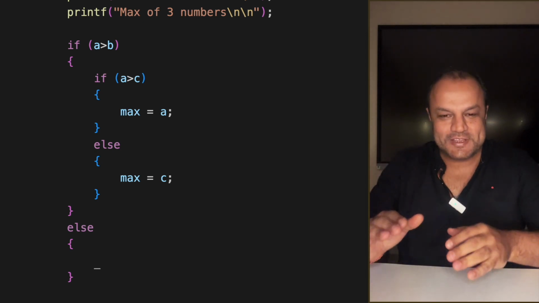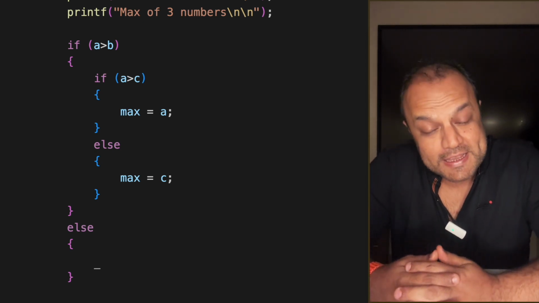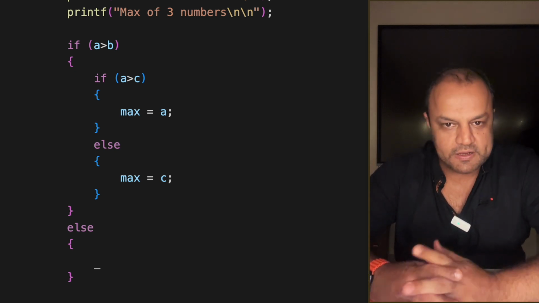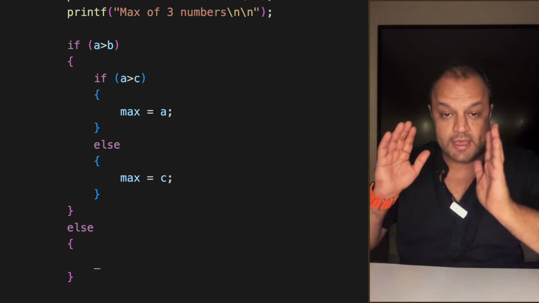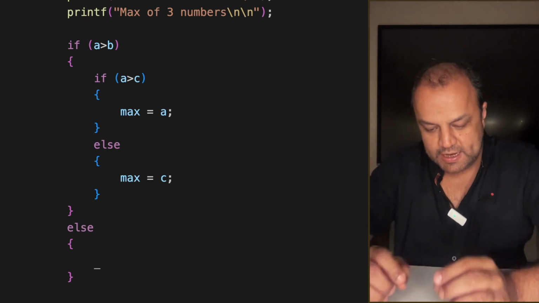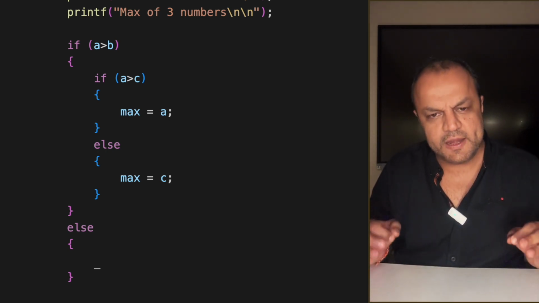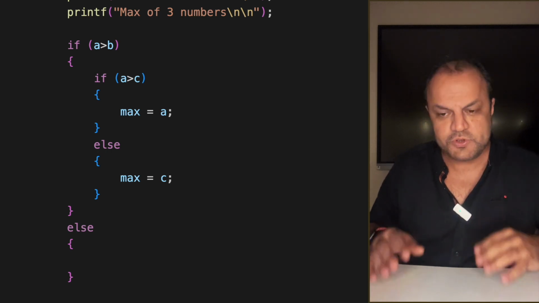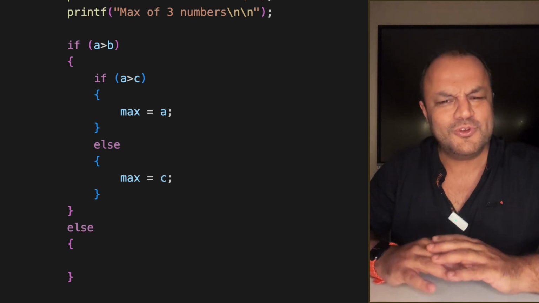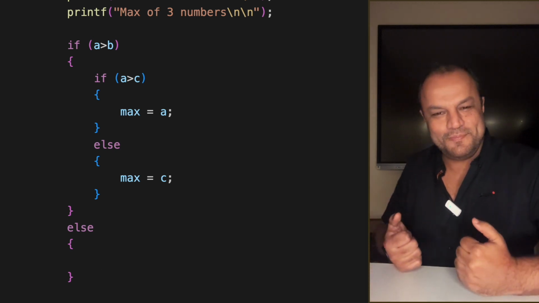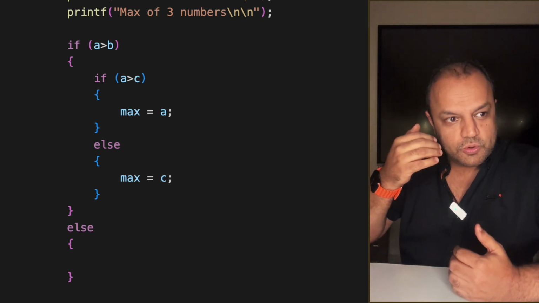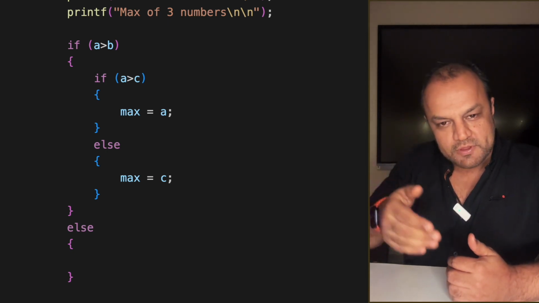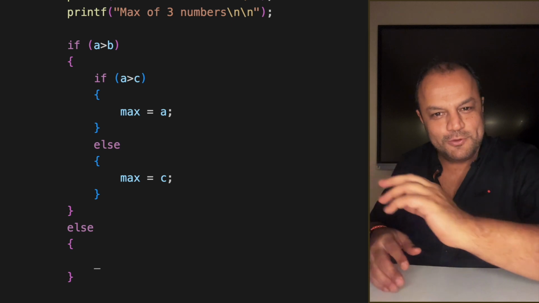Come on. So, this is the approach that we are taking of nested if-else. You can find max of 3 numbers either by nested if-else or by just simple if comparisons. When it was asked in Mumbai University, it was said very clearly, find max of 3 numbers using nested if-else. So, I am using this approach. When we finish this, I'll teach you the other approach also. Do not worry at all. Just keep paying attention. Don't go ahead of what I'm saying. Just be with me. It's my job to hold your hand and make you understand the program.